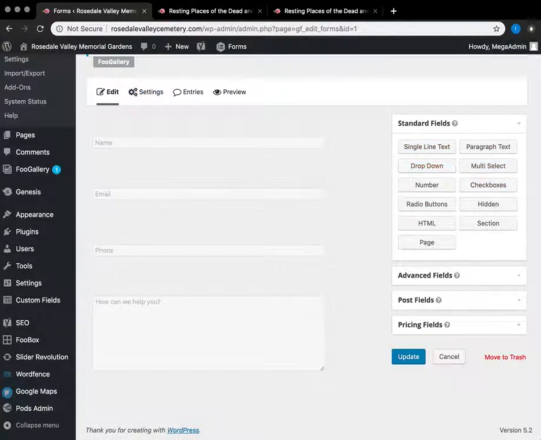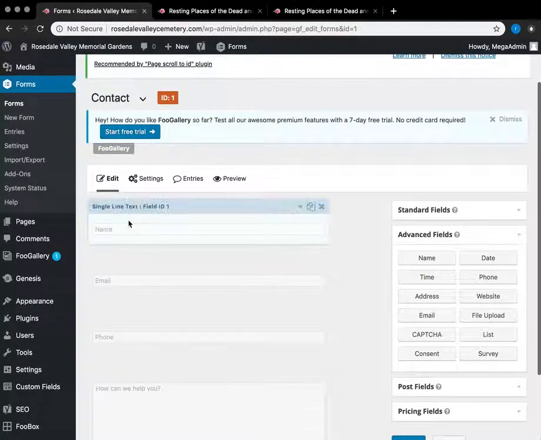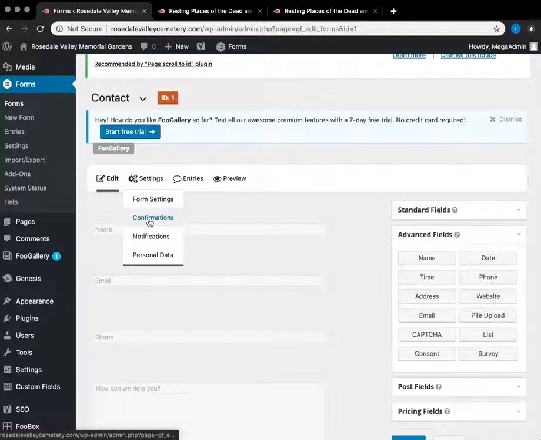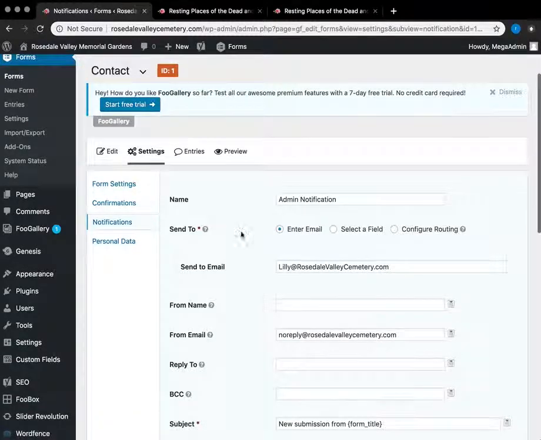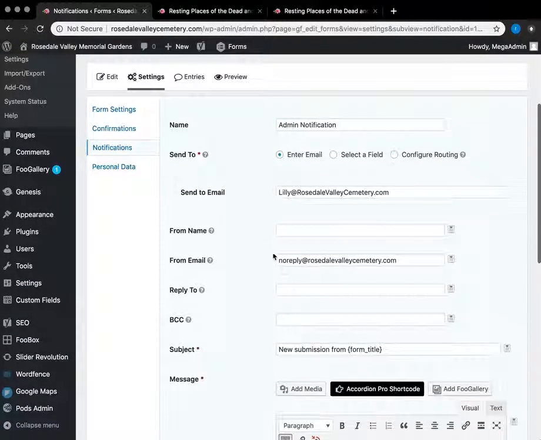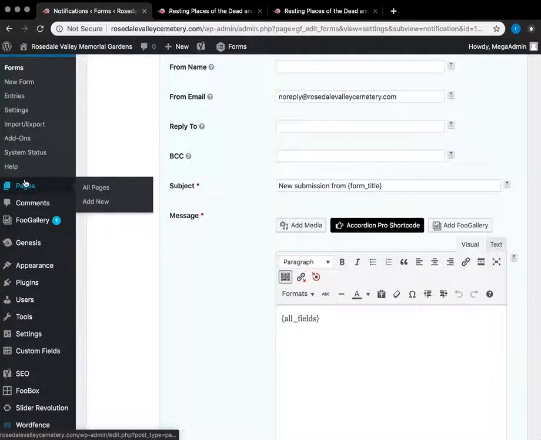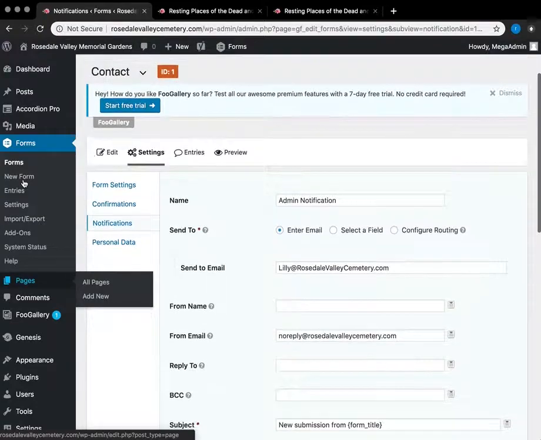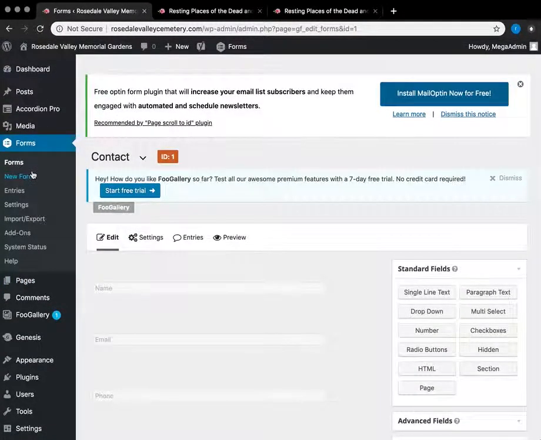You can add any type of other field that you want, date, if you wanted an address, if you're making a new form. Here's the notification, so this is where they're going. And this is where, when they submit the form, it's saying it's sent to this no reply. That way you guys don't see it, or they don't see your email. And forms are simple, and if you needed to make a new one, just go there,